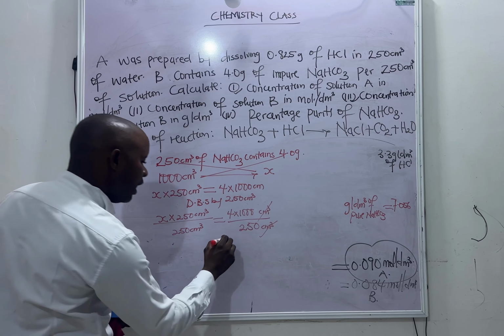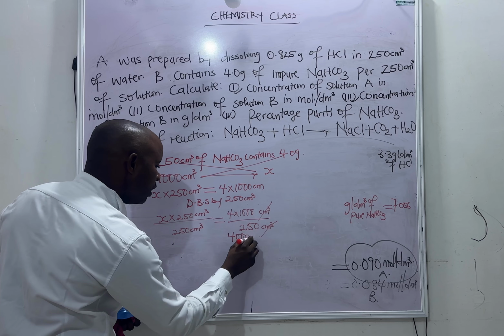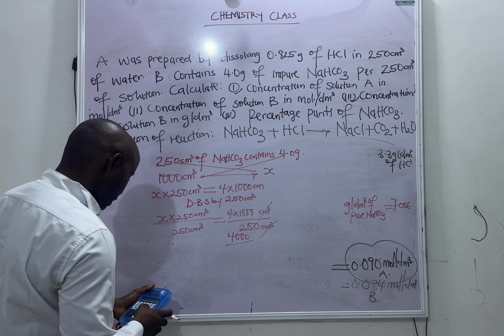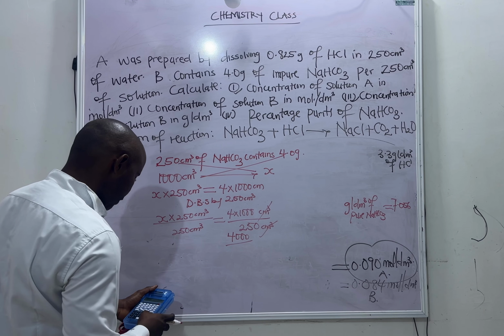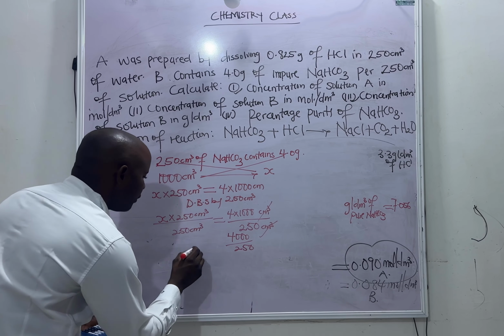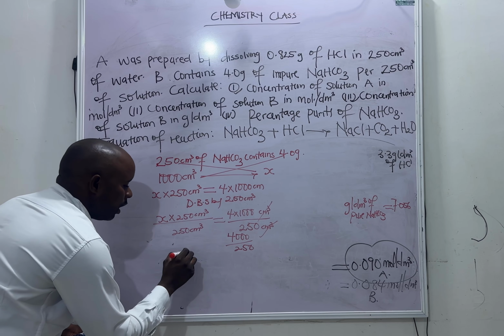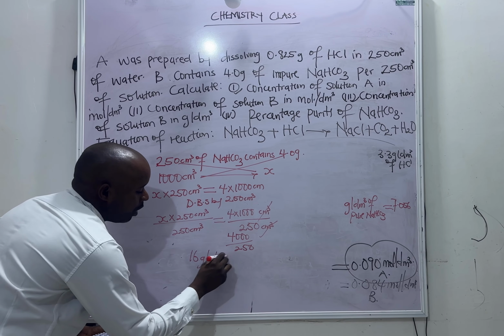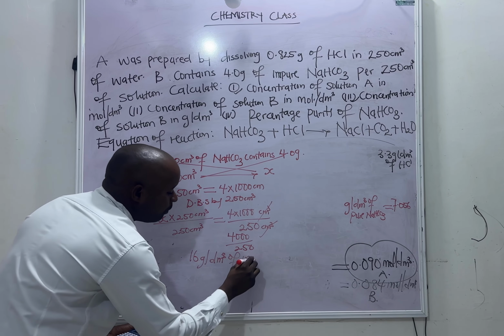By so doing, we have 4000 divided by 250, and that is 16 gram per dm cube of impure